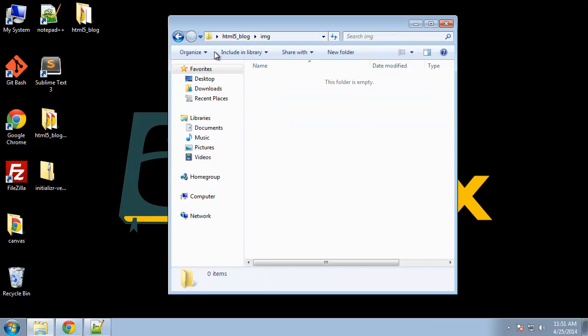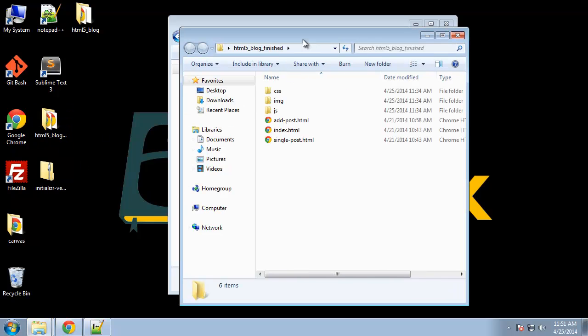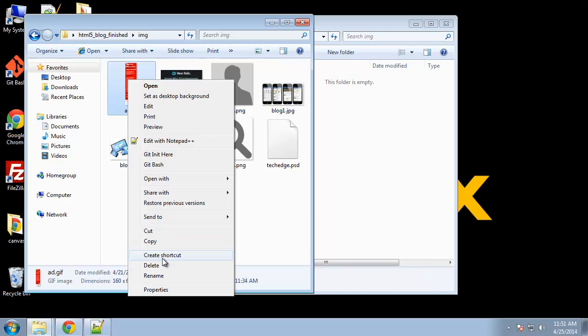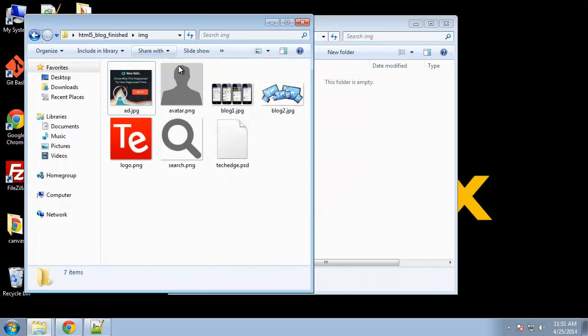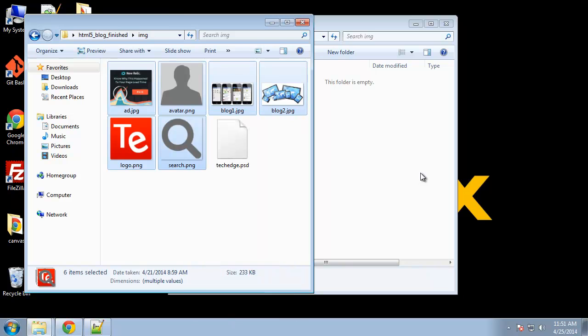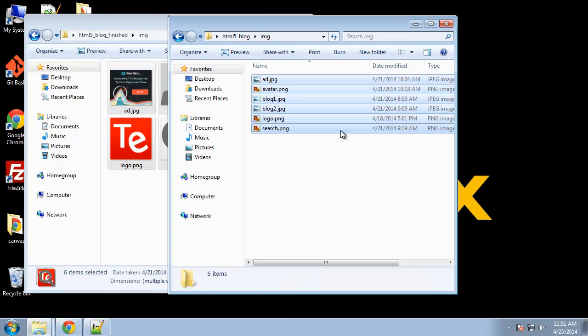Okay, right now we have an empty image folder, so I'm going to go to the finished folder, and I'm going to bring over all of these. Actually, this ad isn't included in the project, so I'm going to delete that. But I'm going to bring the rest of these over. Alright, so I'm going to copy, paste those there,